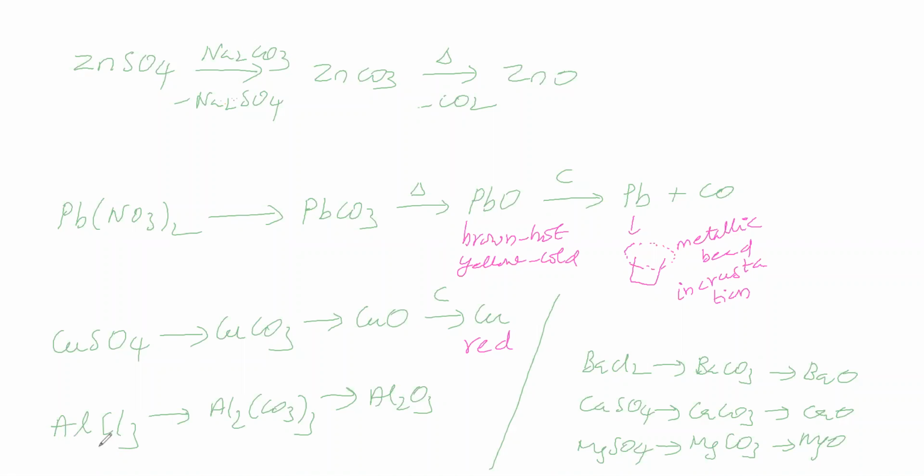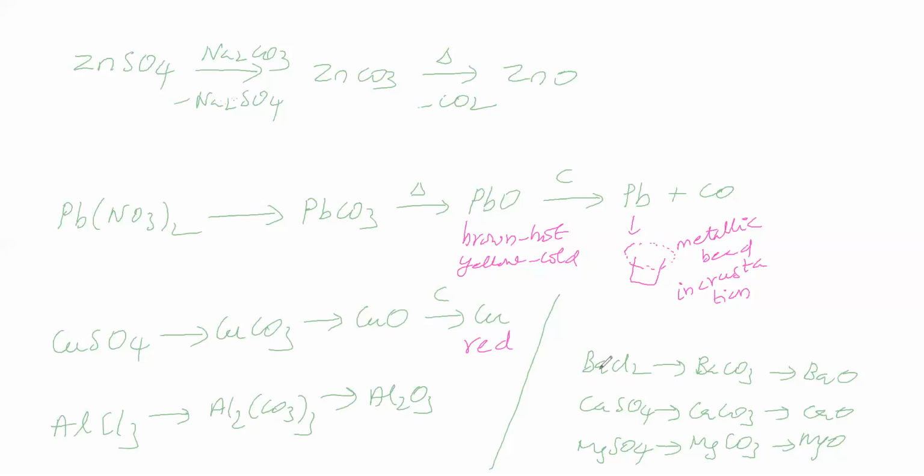Okay. Aluminum chloride salt is a colorless salt. With sodium carbonate it gives aluminum carbonate, colorless. This on decomposition gives alumina. Alumina has a very high melting point. Alumina we are getting, but it is not converting into aluminum. Why? Because it requires a very high temperature to convert into aluminum with carbon, so it stops at aluminum oxide.